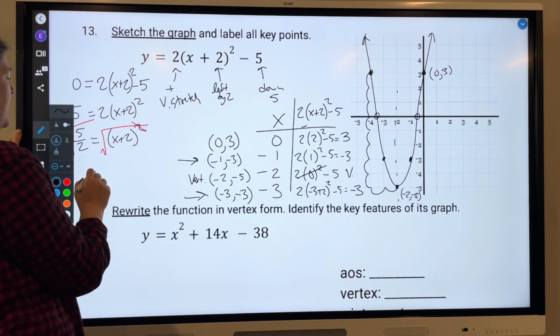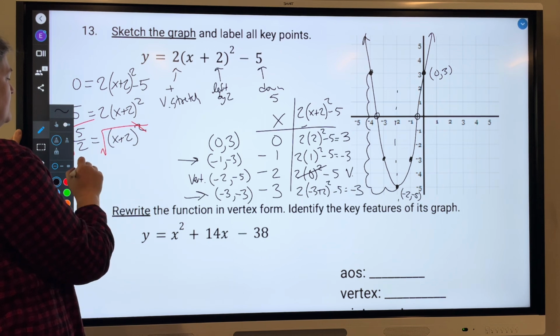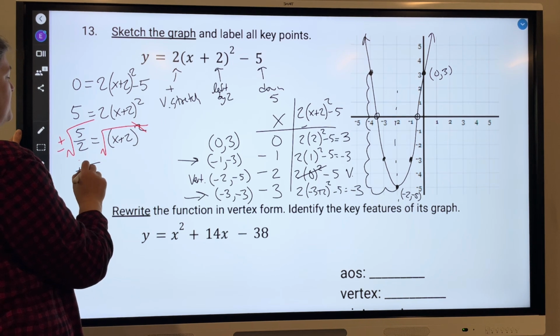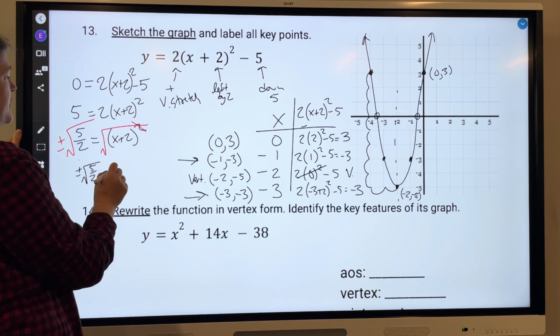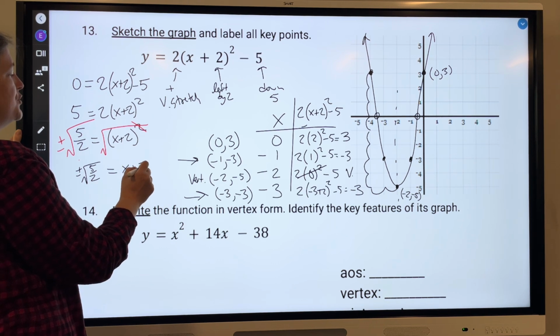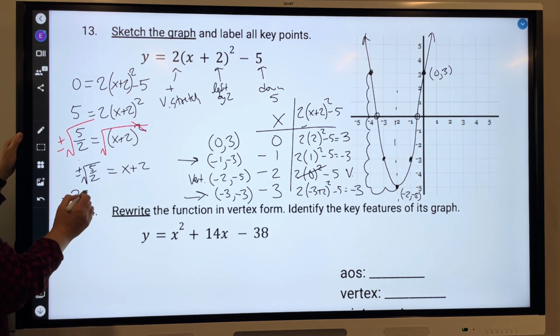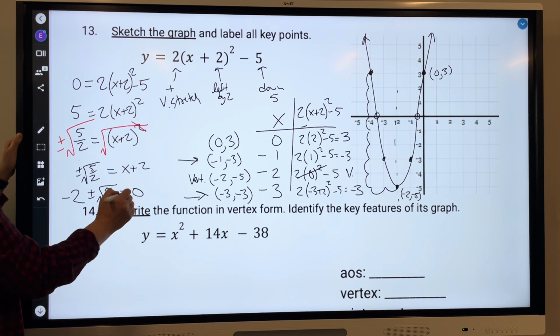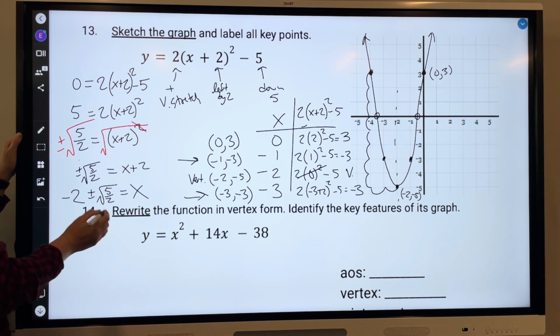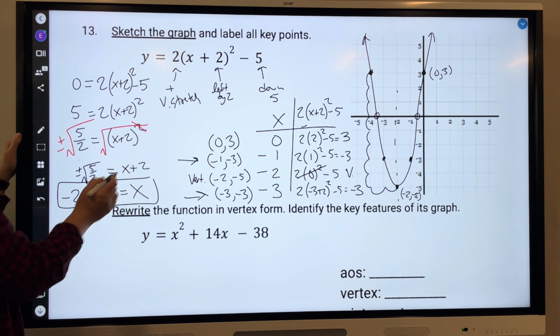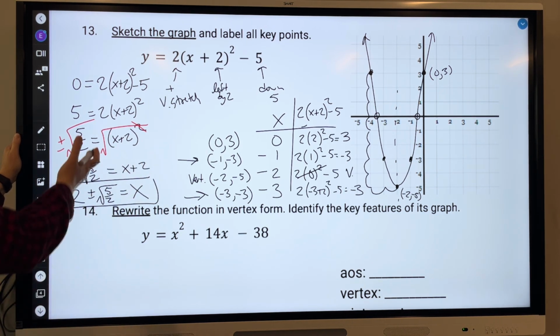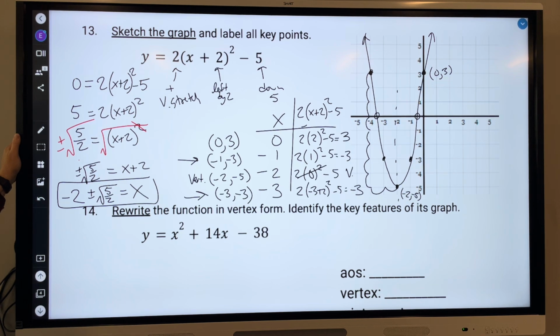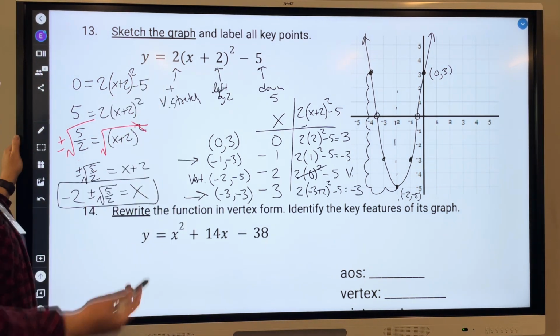So I'm going to have plus or minus the square root of 5/2, which is some weird ugly number, equals x + 2. I'm going to subtract 2, and I have x = -2 plus or minus the square root of 5/2, which is what I would have gotten from the quadratic equation. But I can get it when it's in vertex form by just solving like I do a vertex form equation